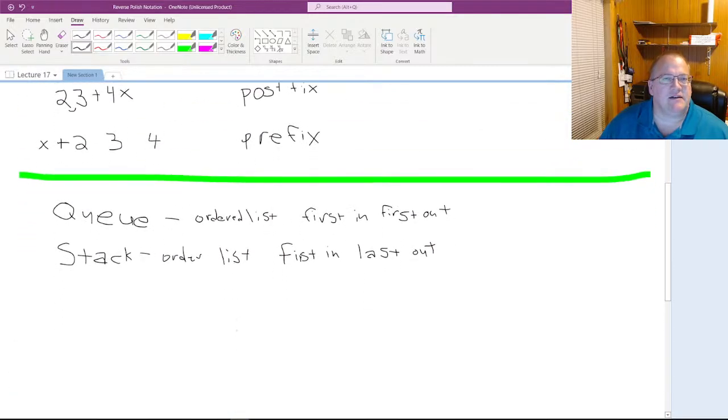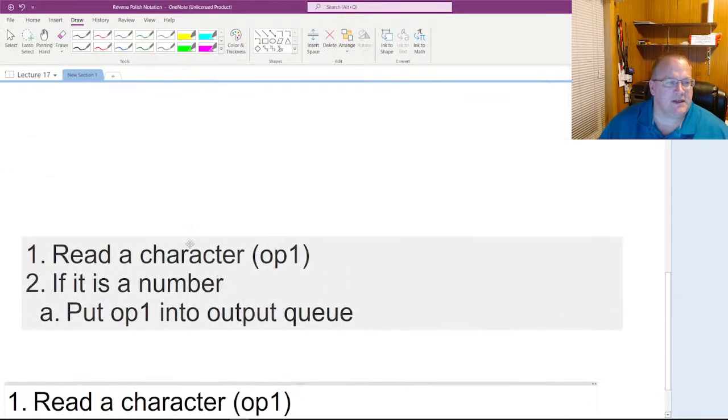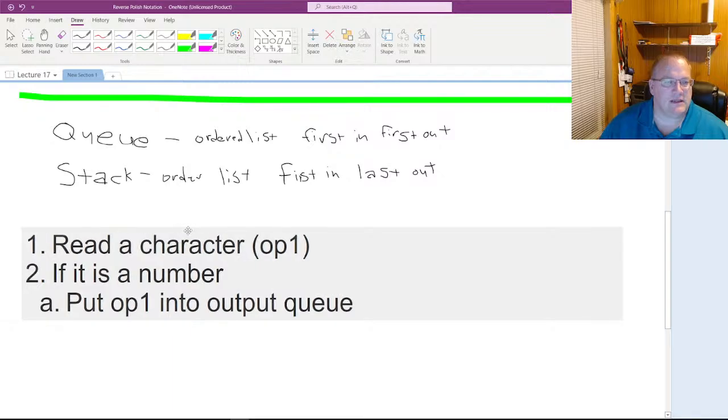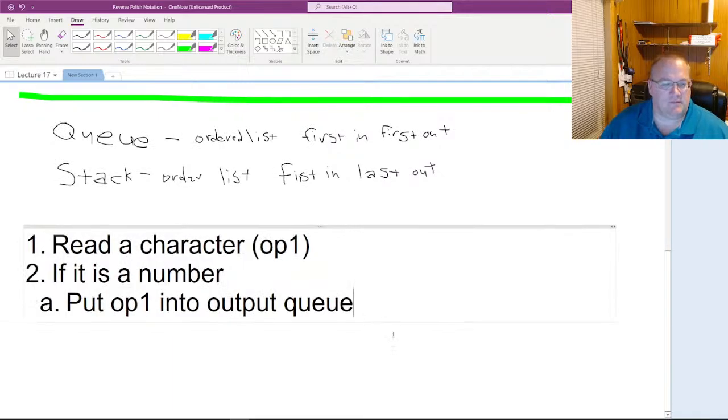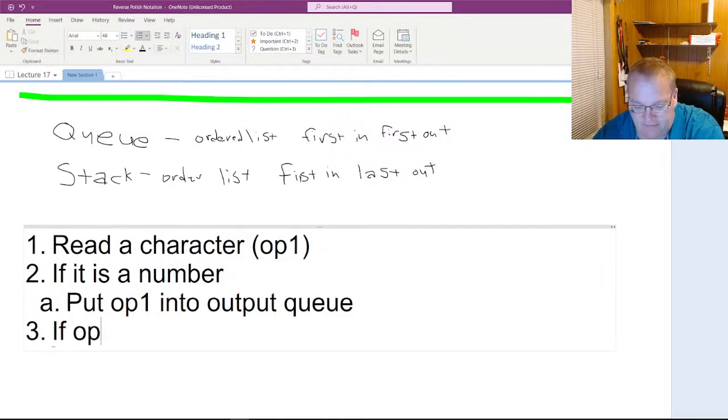Actually, it turned out that I didn't need that much stuff. Well, let's see, come back here. Yeah, I can bring this back up. There we go. All right. So now, let me go back to home. Oops, wrong way. Okay, come back here. If op1 is an operator,